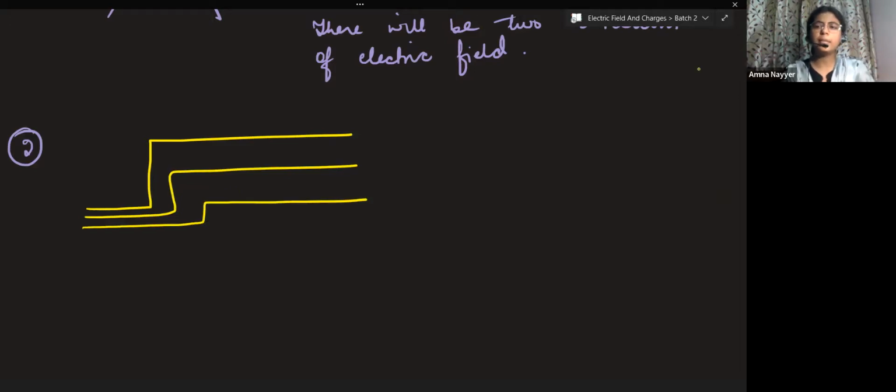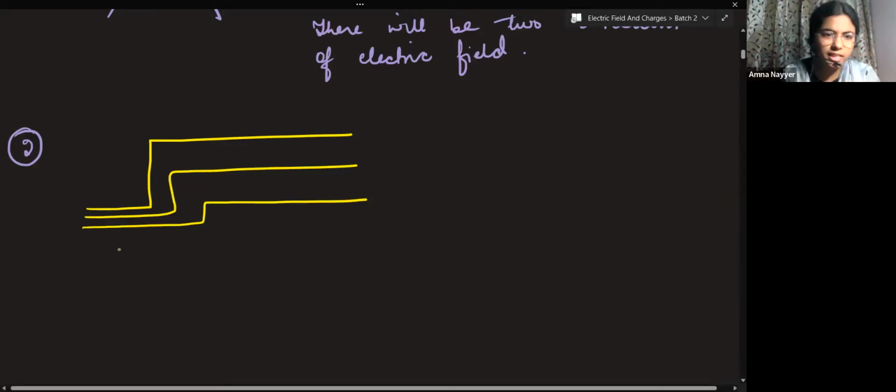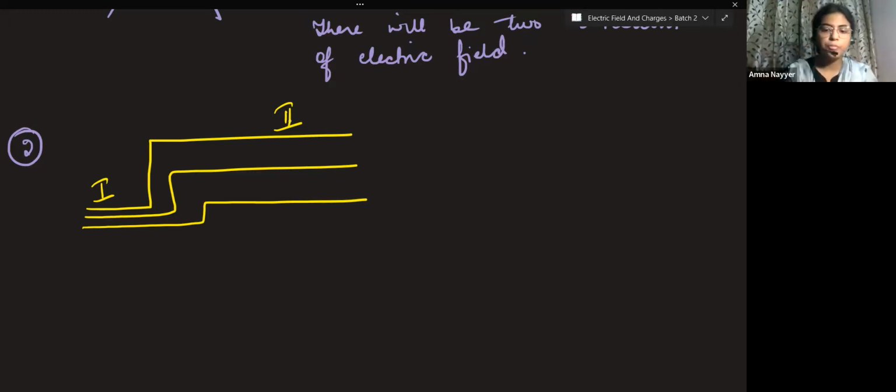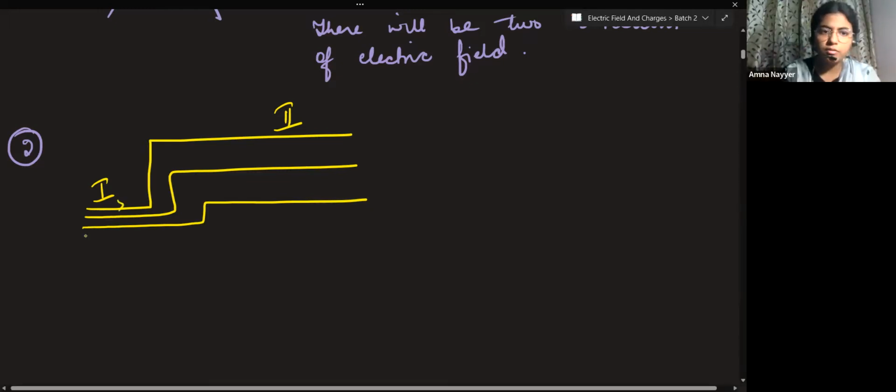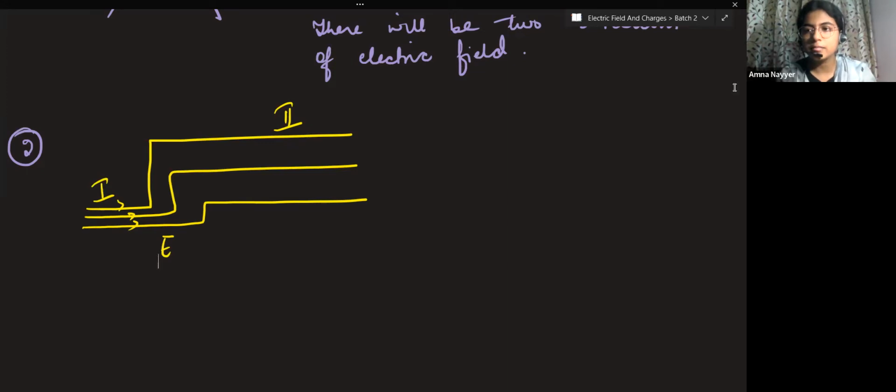You can easily make out two regions are there. One is this region where the electric field lines are very close to each other. Another one is this region where electric field lines are kept at separate distances. So see, from this figure only, you will be able to understand the strength of electric field. How? If, let's say, this is the direction of the electric field lines in the first region, when electric field lines are close to each other,